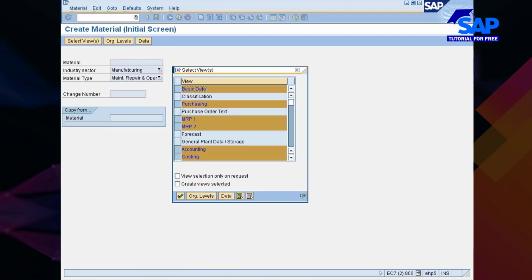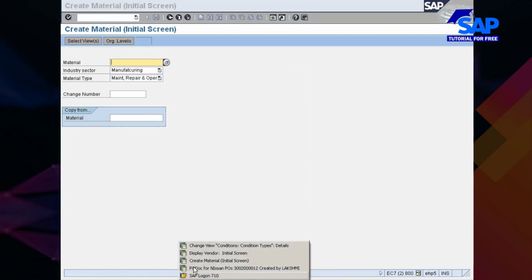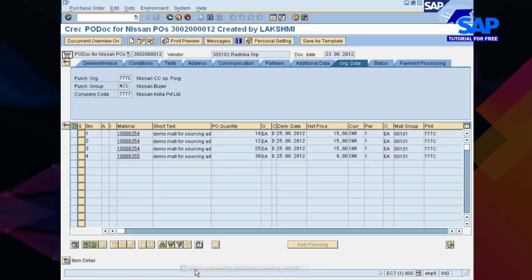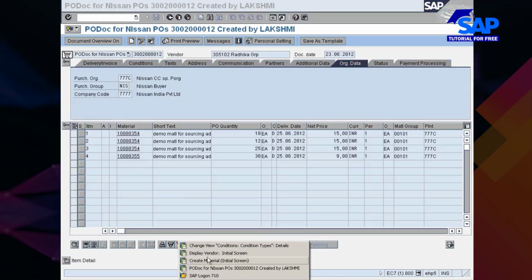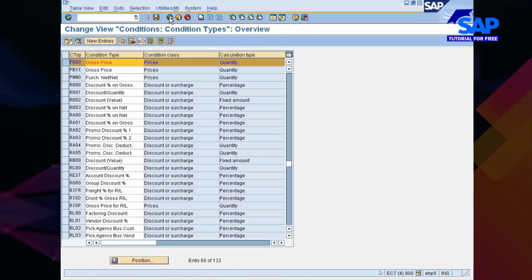Did somebody change the things? I'm not seeing the complete things properly. Somebody modified it. Oh my God. I just have to go and change the Material Master configuration settings.